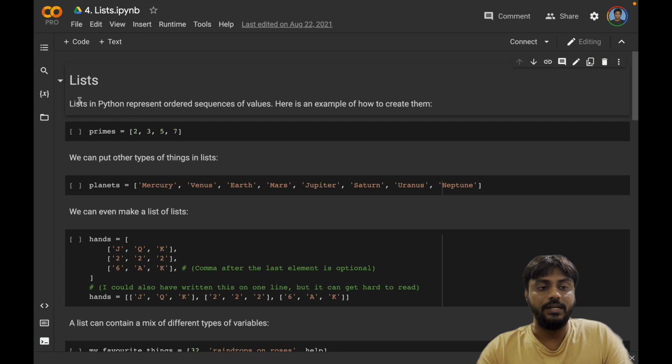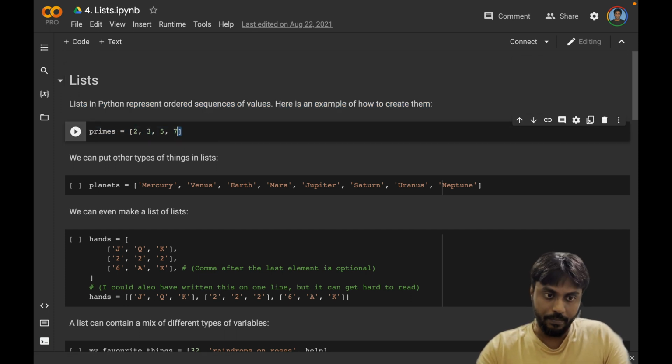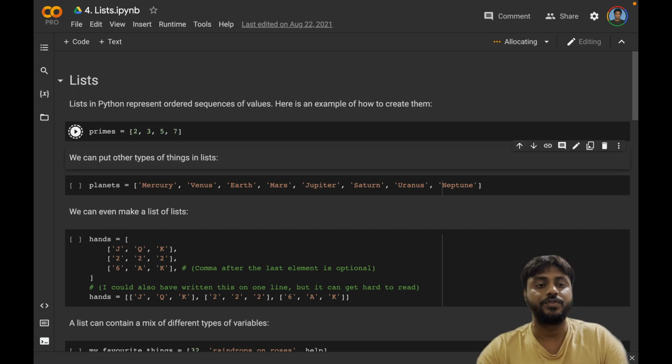Okay. So lists in Python represent ordered sequences of values. So here is an example of how to create them. You basically create a list by using square brackets and then a comma separated list of all the values you want that list to hold. And then of course, lists, like everything else, are just treated like a variable in Python. Okay. So if I look at this, there's a primes variable and then it is assigned the value of this list. Okay. So if I execute this,